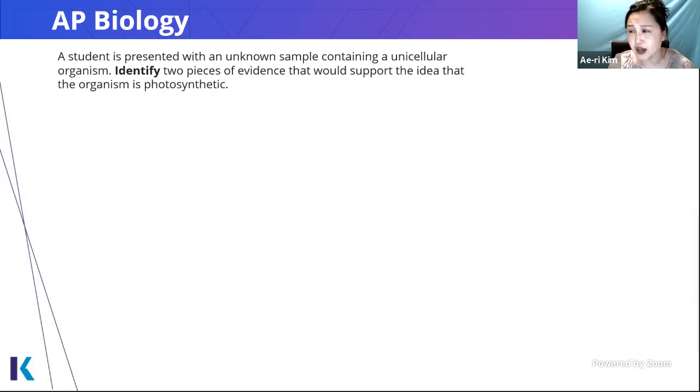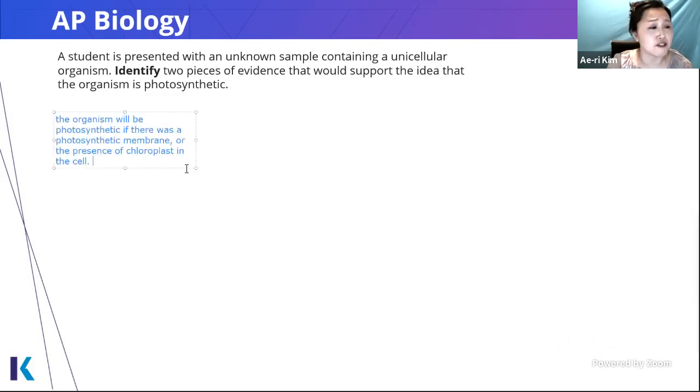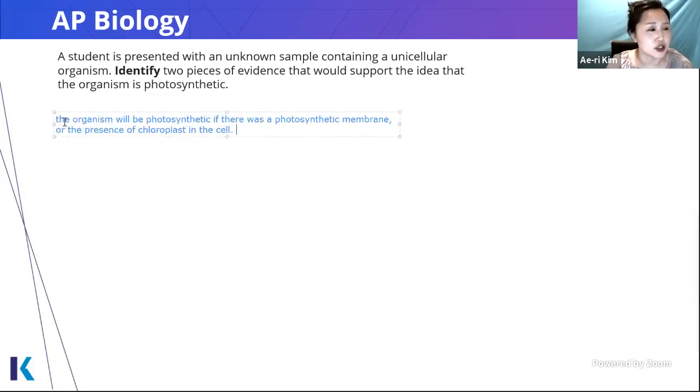So maybe I will type this out. And remember, you want to make sure that you are typing this out in full, complete sentences, right? So no bullet points, no one word answers, right? So the organism will be photosynthetic if there was a photosynthetic membrane or the presence of chloroplast inside